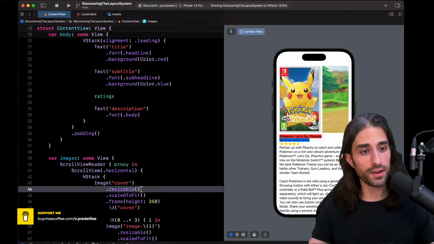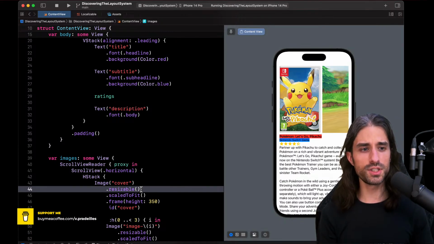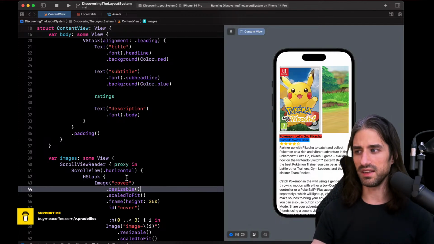And we could also argue, actually, that when I took the text and I applied the modifier frame with a max width set at infinity, it had become a filling view in the horizontal dimension. But at least for base views, they are either fitting or filling, and it's important to have that in mind because this allows you to understand how they will lay out. And fitting and filling, you can also replace it for views with an intrinsic size and views with no intrinsic size.